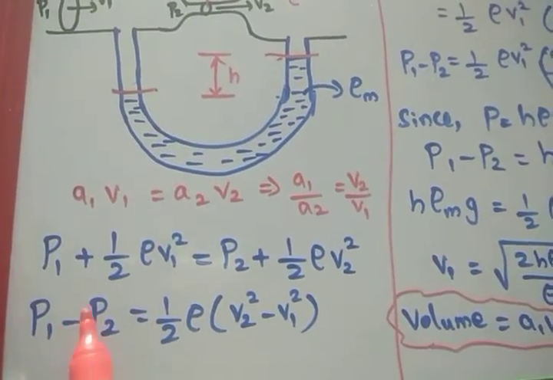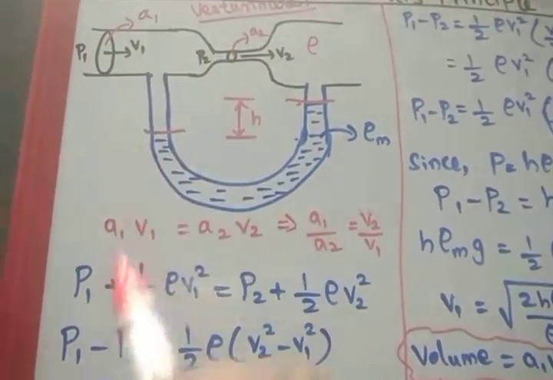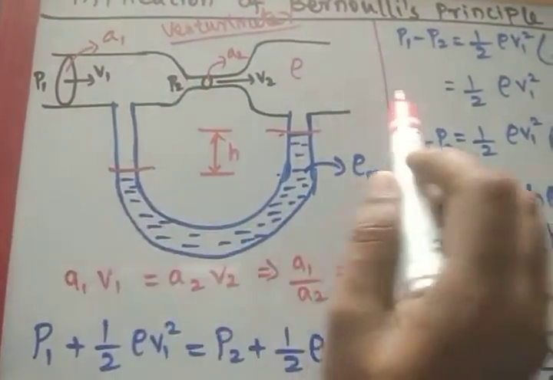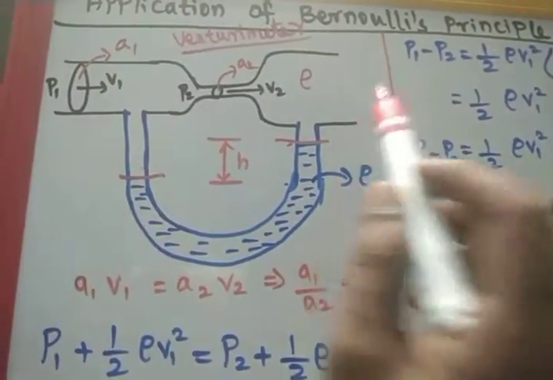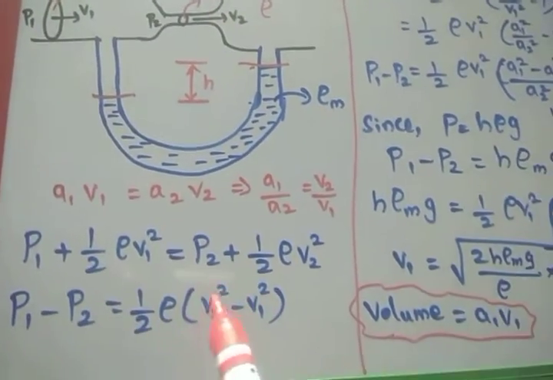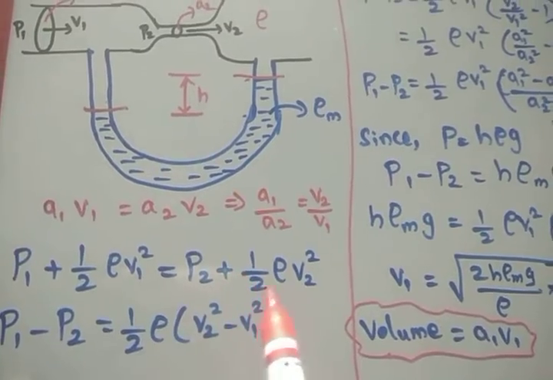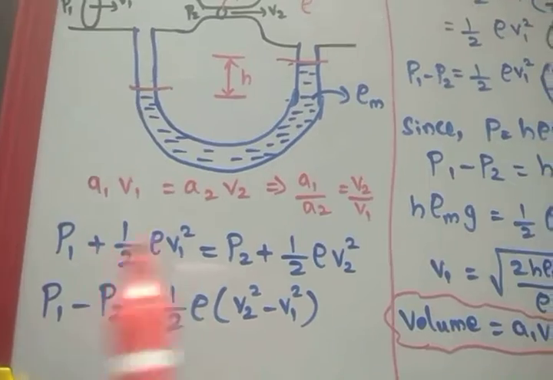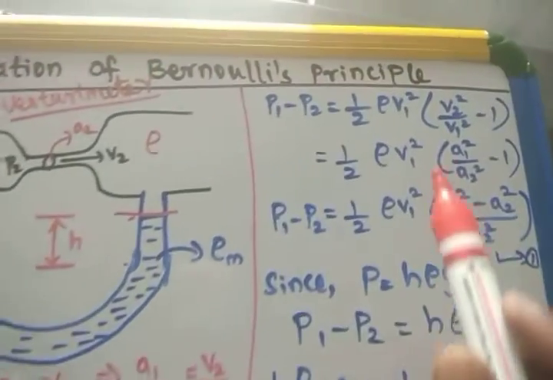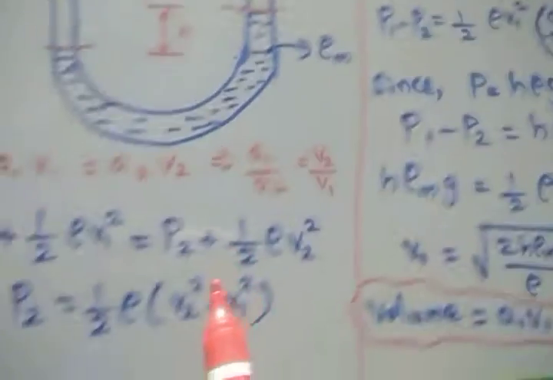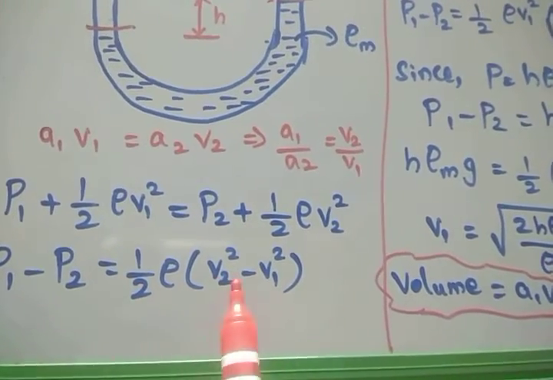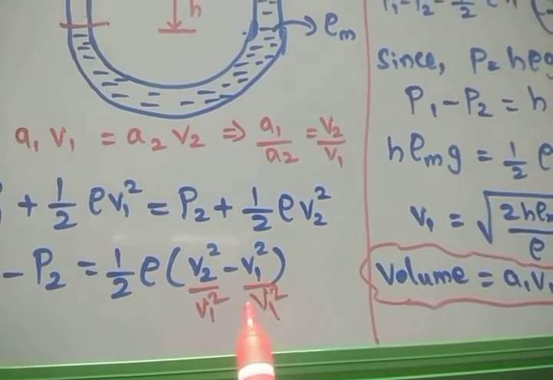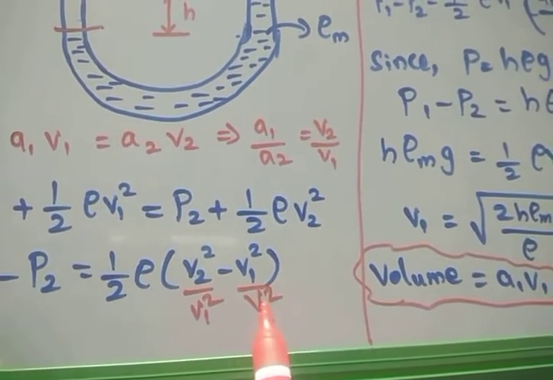By applying Bernoulli's principle, the pressure at the first position, P1 plus half rho V1 squared plus rho gh, equals P2 plus half rho V2 squared plus rho gh. The pipe is horizontal, so the height is the same and we neglect rho gh. Then we bring the pressure to one side and half rho V1 squared to the other side, and take V1 squared commonly outside, so we divide by V1 squared, and this will be equal to 1.